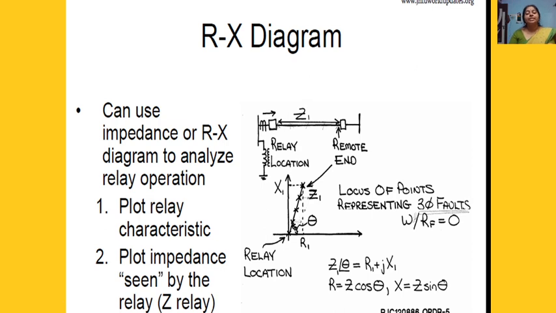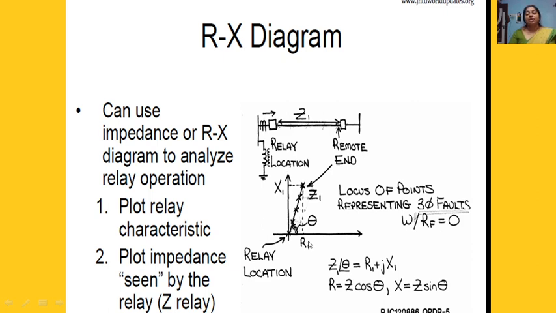Now as the impedance relay has voltage as well as current, impedance means R plus jX. So we can plot the characteristics on the RX plane. This is our relay location. This is CT. This is PT. It is given to the relay. This is our remote end. The relay is located here. This is the transmission line to be protected.